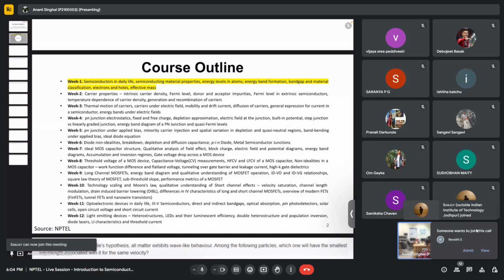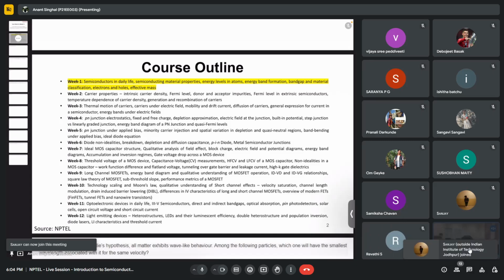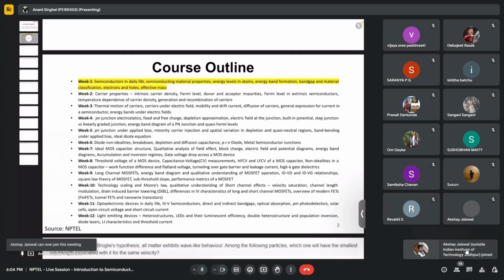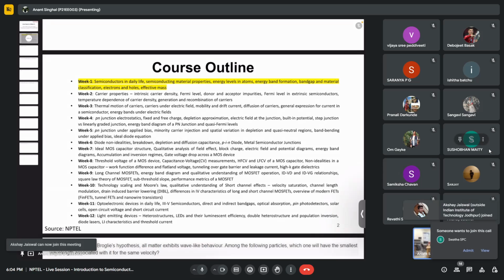weeks. So we'll start with the first week with a very basic topic such as semiconductors in daily life. Then we have semiconductor material properties. Then we will see some of the energy